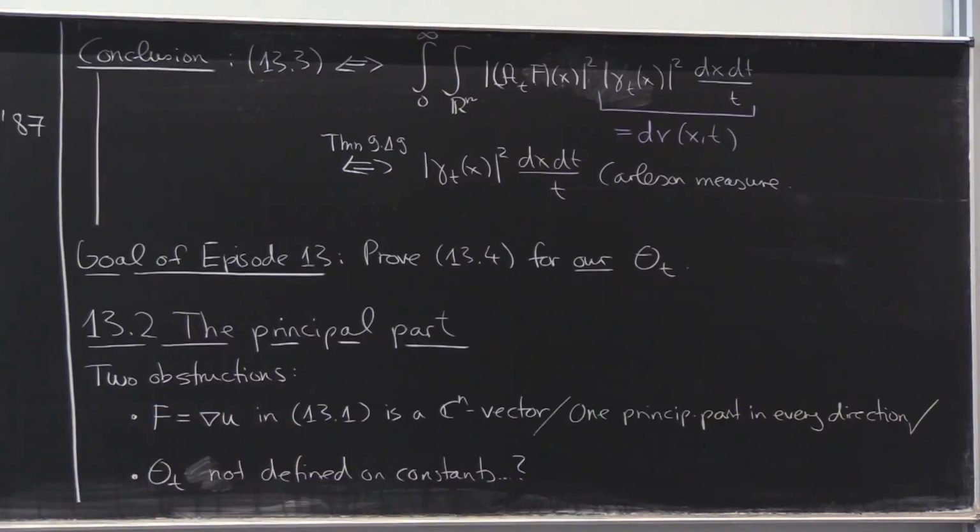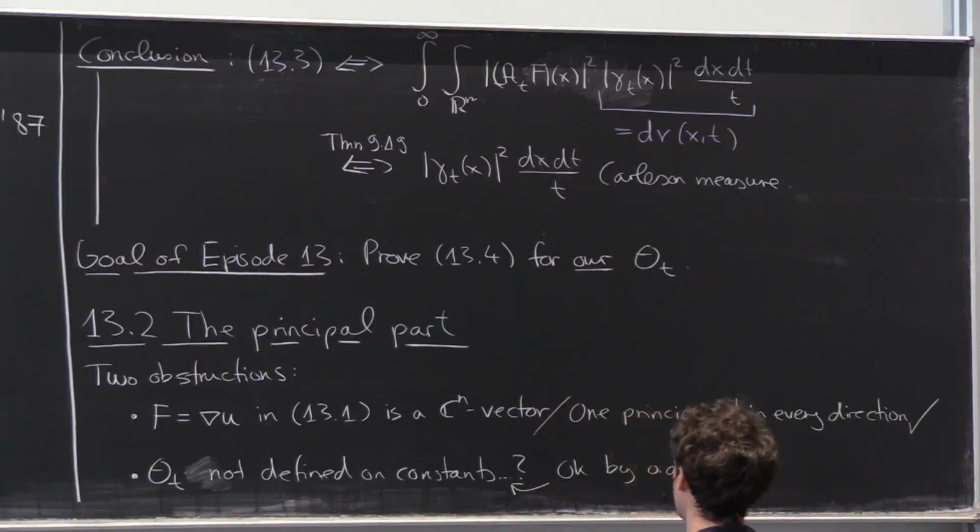On this you know. Why can I apply my operator theta t to constants even though it's just a bounded operator on L2 in the beginning? You seem to know it. Yeah, you. Yes? It satisfies off-diagonal estimates, says one of the 95 attendees in the lecture hall. You're absolutely right. Okay, by off-diagonal estimates.